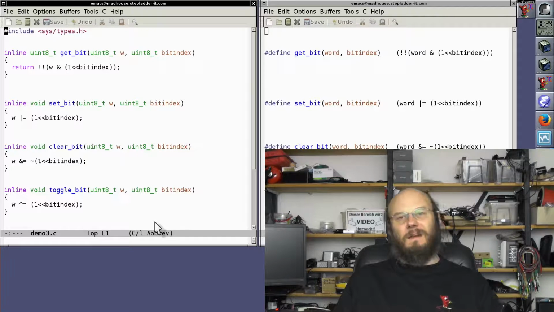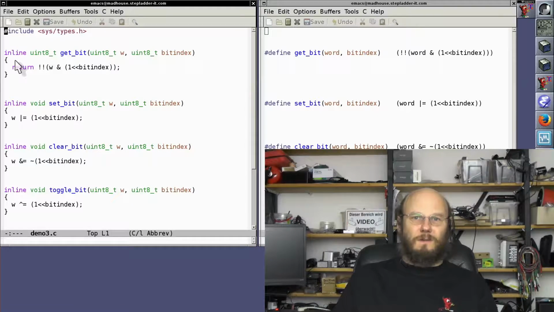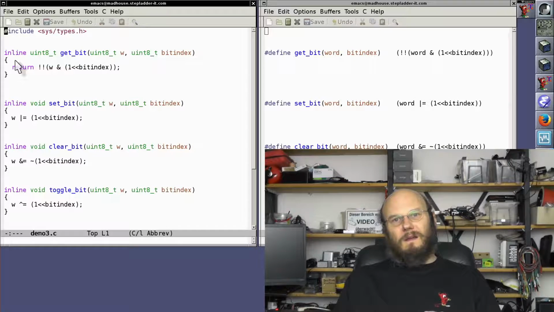Don't do that. However, with more recent versions of the ANSI language, we can use something that comes back from C++, which is the inline keyword, which tells the compiler, not the preprocessor, but the compiler, please try to replace this inline, basically like a macro, in the code. Don't make these dedicated functions. And here's the